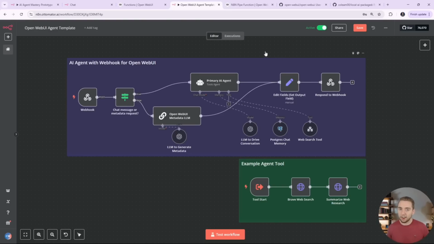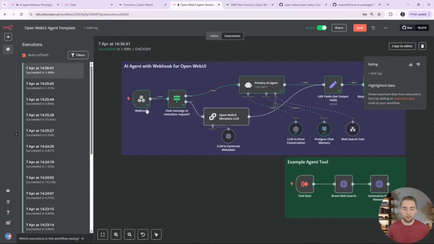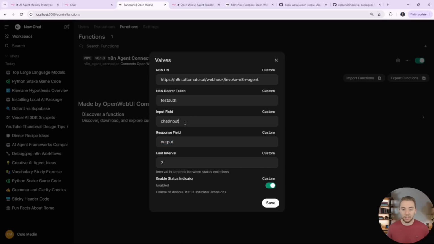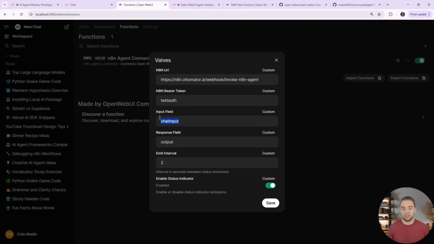And so to make that very concrete for you, I'll go to my last execution. Starting with the input, I'll click into the webhook, and you can see that the user message that comes into our n8n workflow, the name of this field is chatInput, and that is determined exactly by what we have typed in right here, chatInput. You just want to make sure that whatever you're expecting in n8n, in this case I'm expecting the value to be called chatInput,